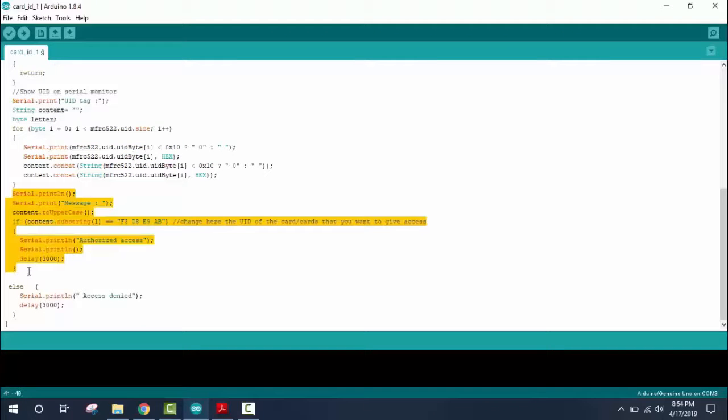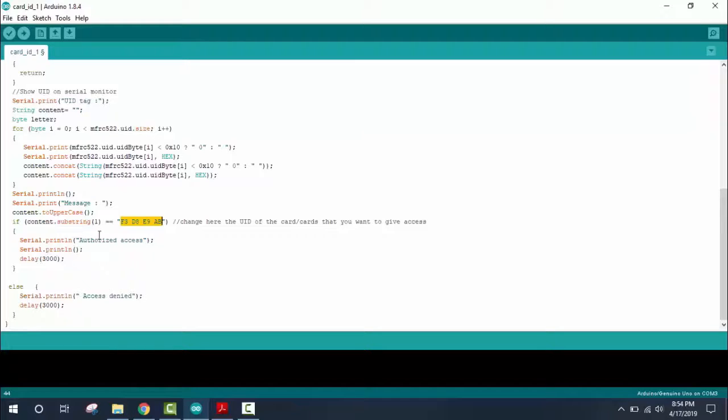Now there must be a database present in the system to allow a particular individual to access the system. So for simplicity, I have given here the 8 digit code or the unique identification number of a single RFID tag in the system.